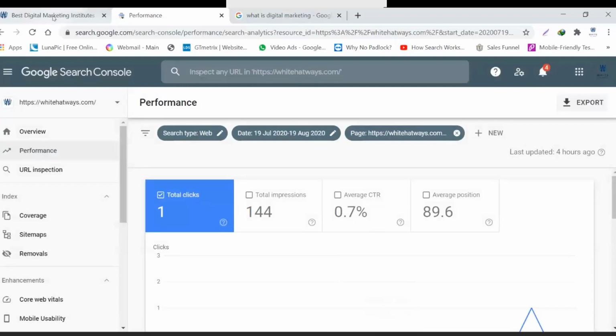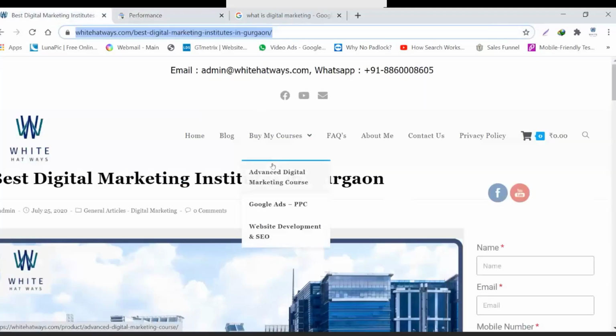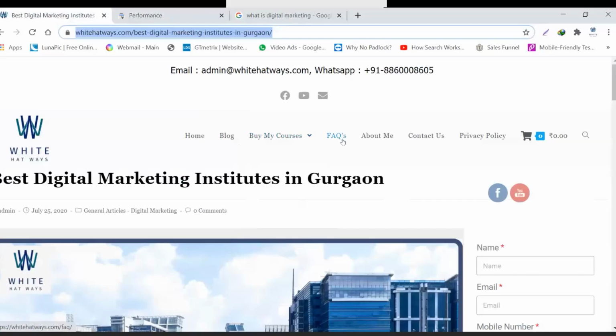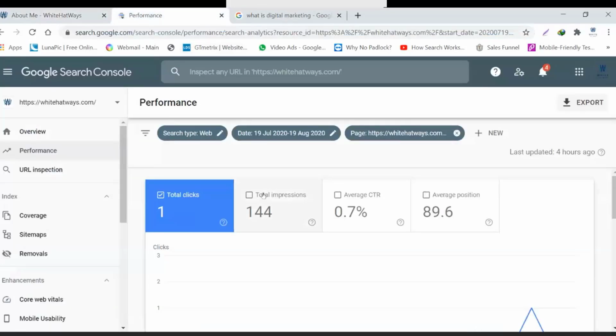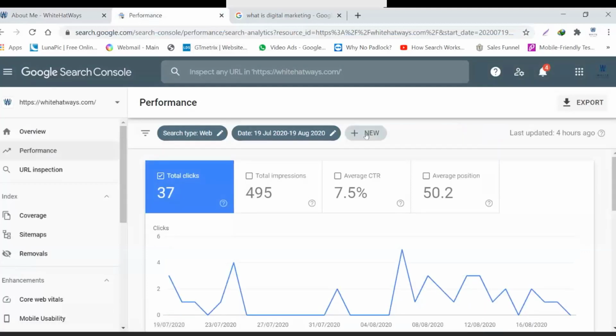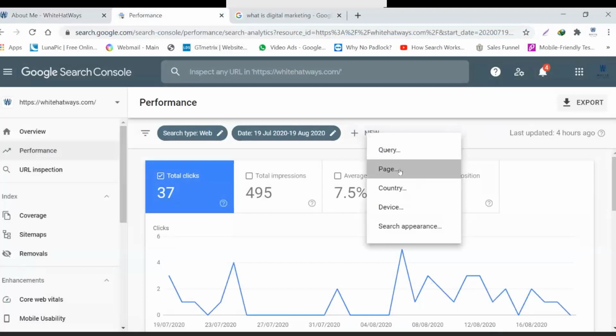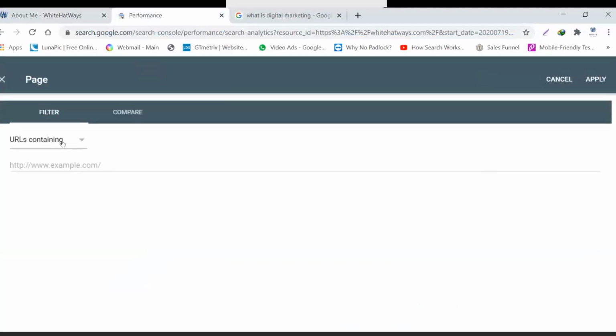So in case you want to check it out for any other page of yours, maybe About Me, you're just going to take the URL from here, go to performance, get rid of this through the cancel sign, click on plus, page, URL containing, or exact URL, whichever you want.